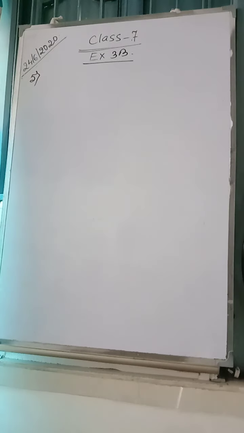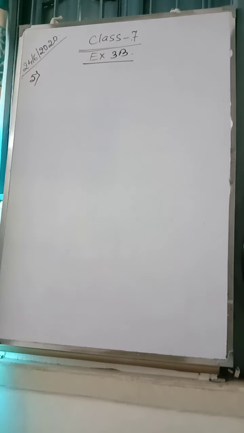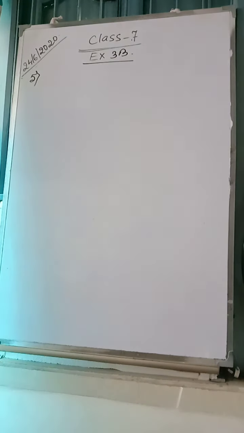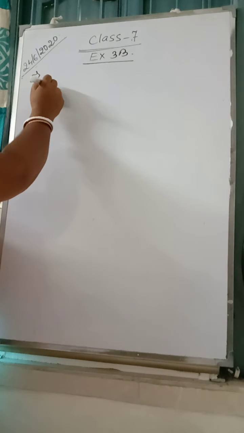Good morning, dears. Last day we completed ascending and descending order. Now we have to find rational numbers between two given rational numbers. There are infinite rational numbers between two given rational numbers, but we need to find them. There are options, but what we are going to use, you just follow.